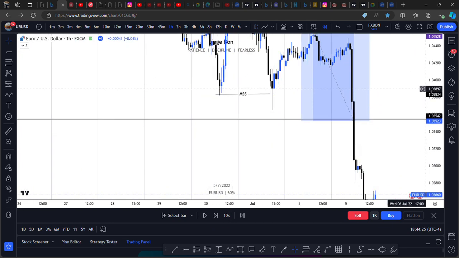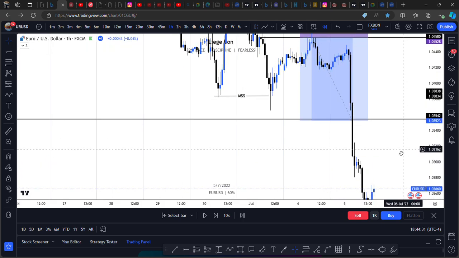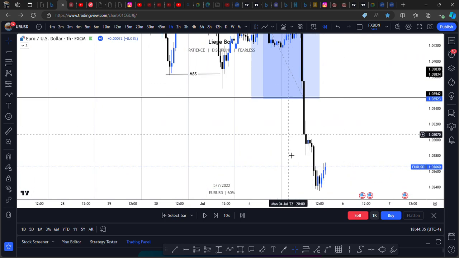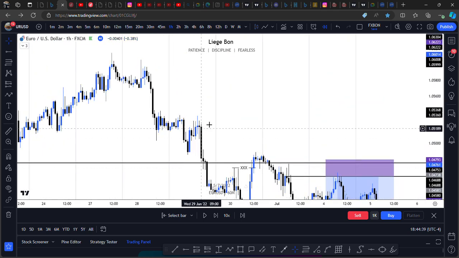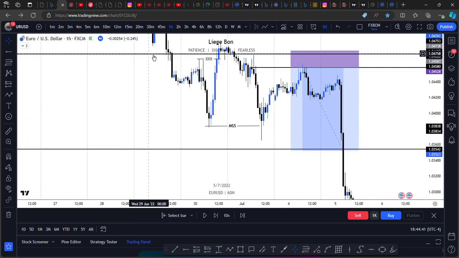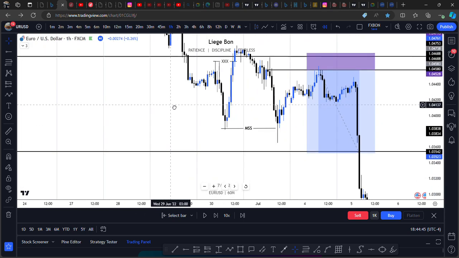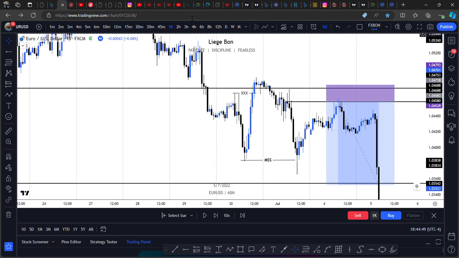See that. It seems there was news on this day because there was a high impact, a massive drop. However, all of this drop happening here is none of my business. Trust me, guys, I have a plan. These are my trading ranges, and I focus on these points. If my plan was to sell from here to here, I am going to sell from here to here, or something like this. So all of this happening here